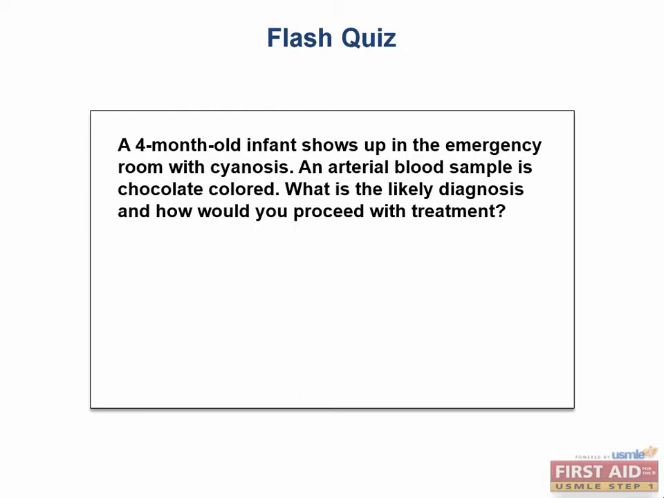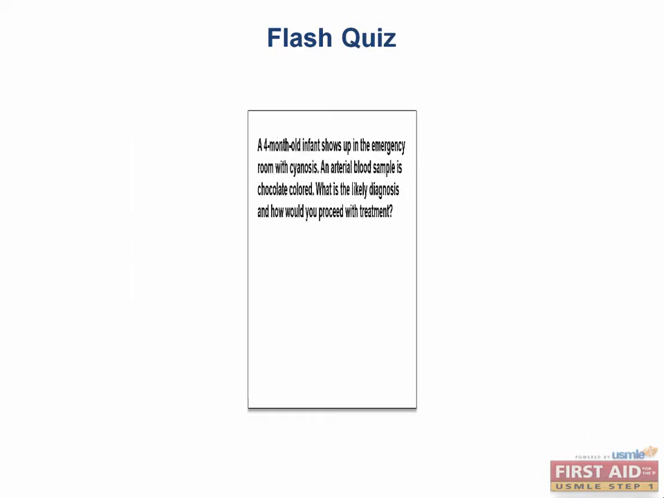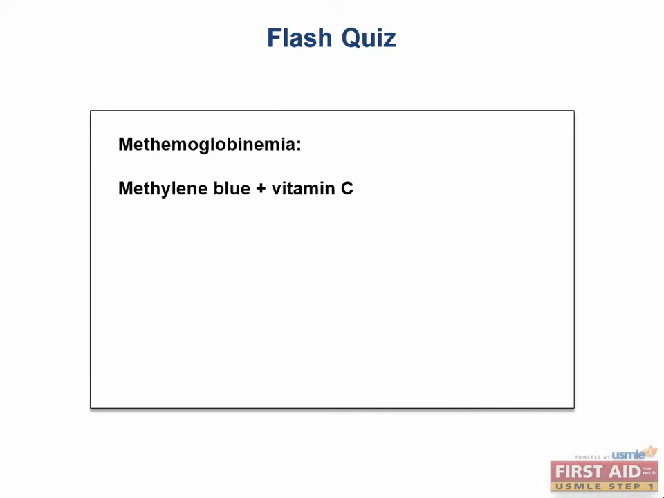Let's now try our hand at a practice question. A 4-month-old infant shows up to the ER with cyanosis. An arterial blood sample is chocolate colored. What is the likely diagnosis, and how are you going to treat this patient? Well, a blue baby with brown-colored arterial blood probably has methemoglobinemia, a possible metabolic disorder in which there is a